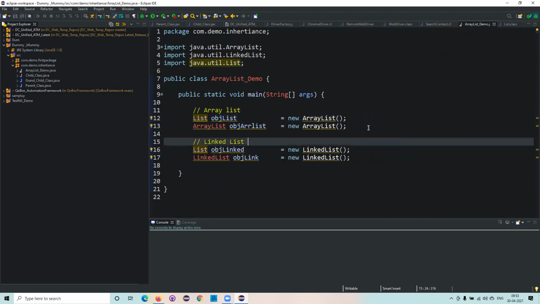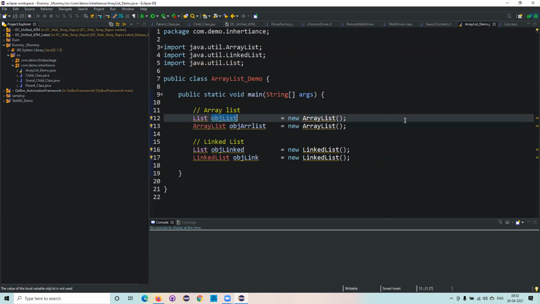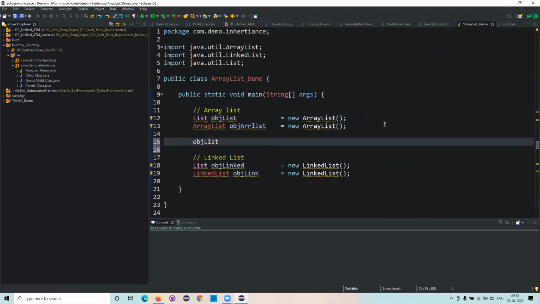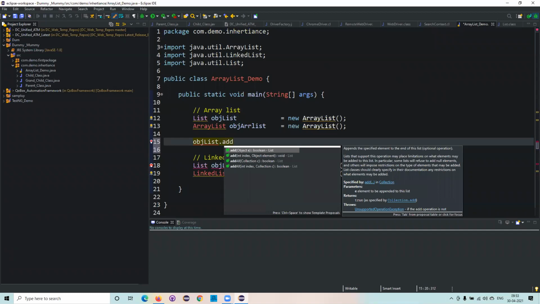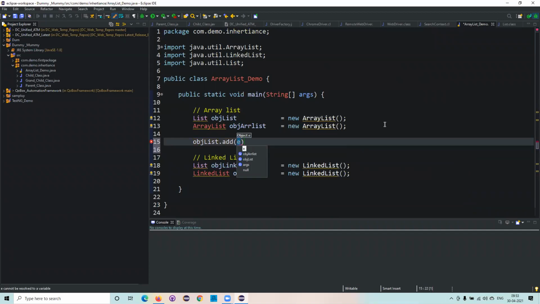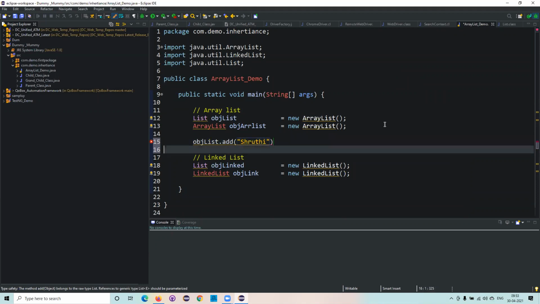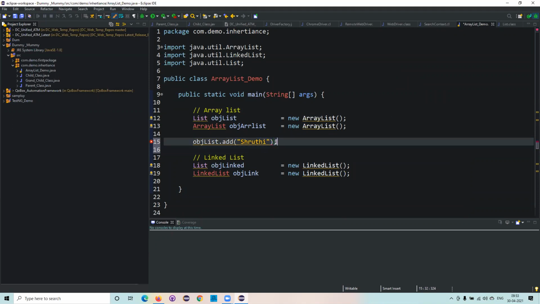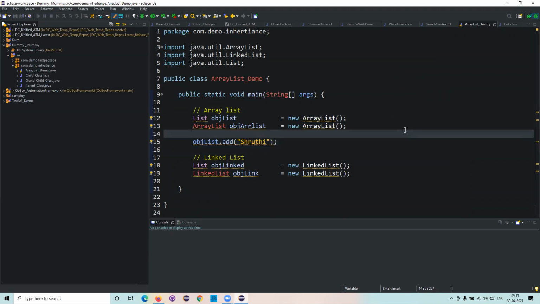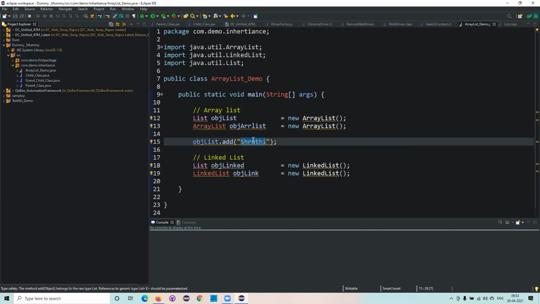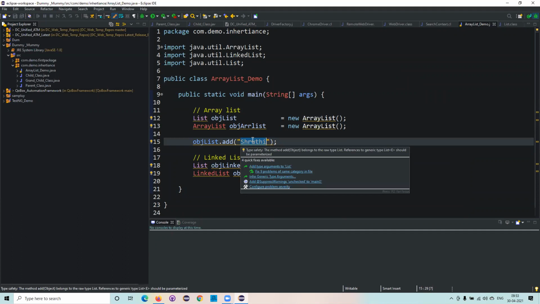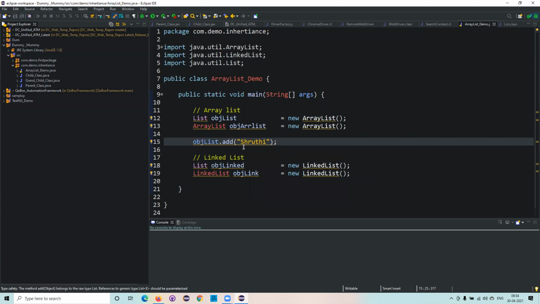So now when you are trying to add, what have you done? I defined a list, right? So for this list dot add, now I need to add the objects, right? So that is what E, the element, is. Now what element do I want to add? I want to add, okay, Shruti. This is the element I want to add. So I'll add that one. That's it. Now the element is added. E is nothing but the element, or usually we call it an item, right? So whichever items we want to add into that particular list, that is what E is meant for.